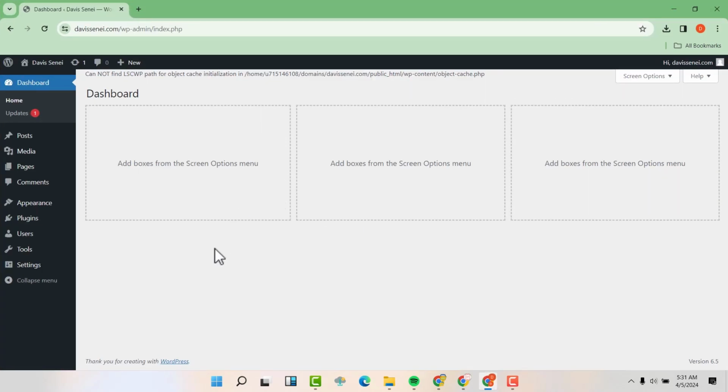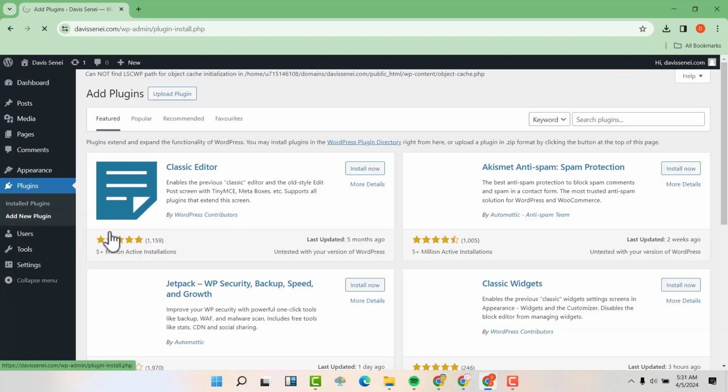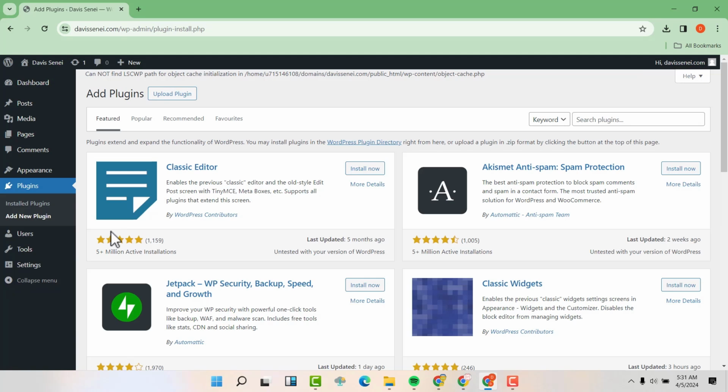So after we have extracted our plugin and theme, we now want to come and install them here. So we want to go to plugins, then add new plugin. And before we install the plugin, please install all these plugins that I'm going to install here. They will really come in handy. So the first one is Polylang.